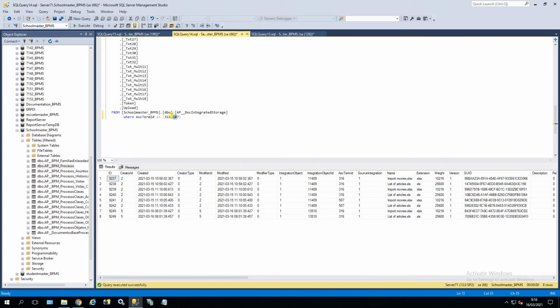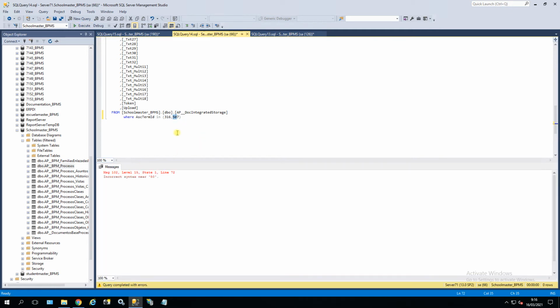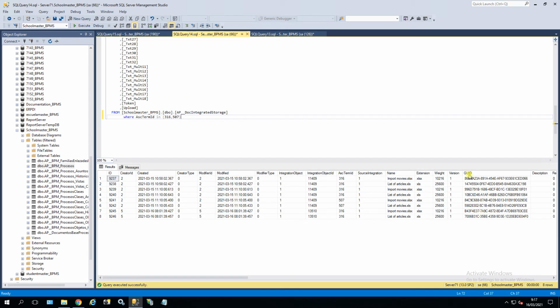So I've used them to filter. This way it's not displaying all the information, only the documents in these 2 library terms. Now here I can see I've got quite a few. There we go. Okay, so here I've got quite a few documents, but I want to know in which process